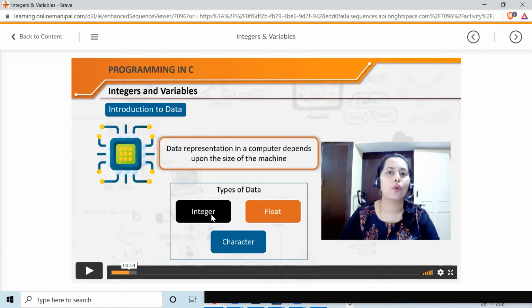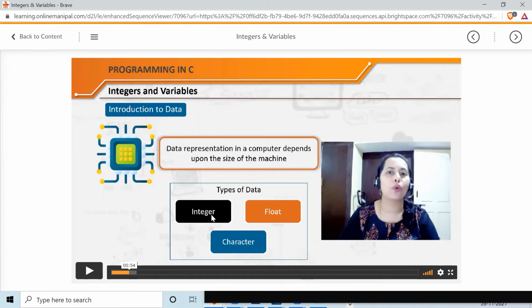That is memory allocation. If you are using an integer variable, that integer needs some kind of storage area to store the values that it takes as input or gives as output. That storage space is given to it by the computer, by the compiler, by the machine. And how much storage it gets depends on what kind of machine it is, how advanced it is, or how primitive it is.